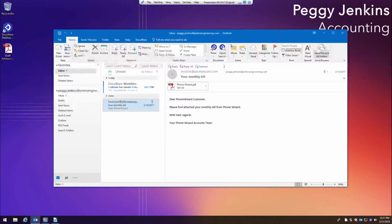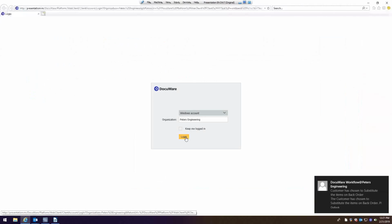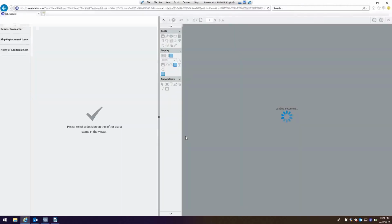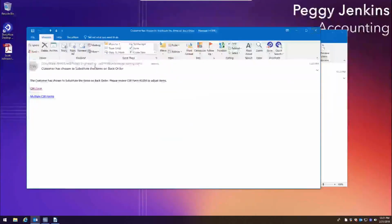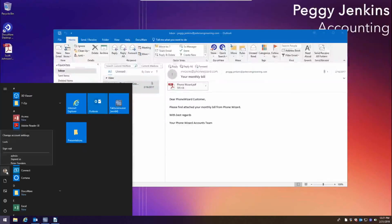So again, they receive an email. They simply open up the email, click on the link, and it takes them right to the document. They have several choices here. They're going to click on ship replacement items and confirm because the pricing is correct. It's the same. So now if we go over to the shipping department,